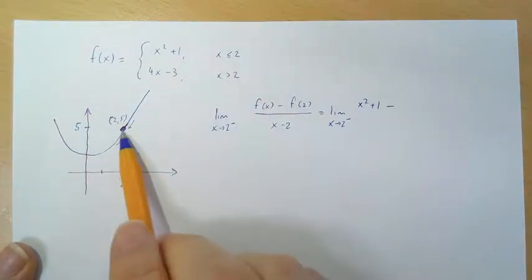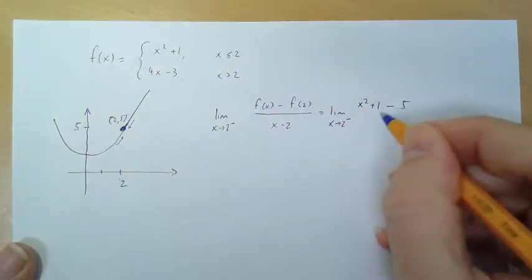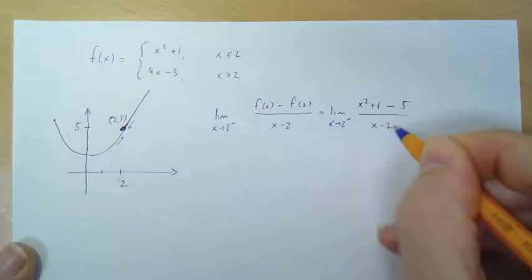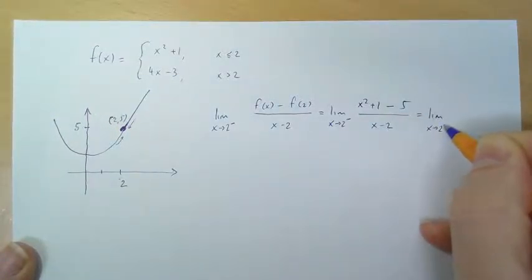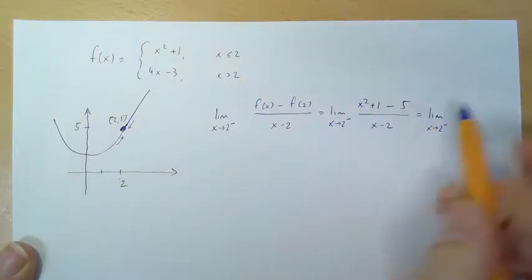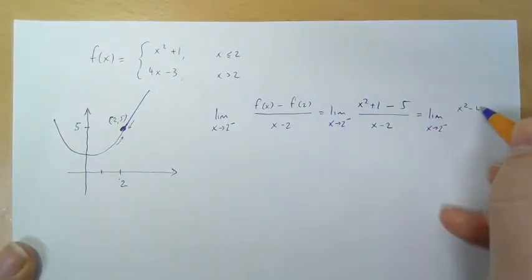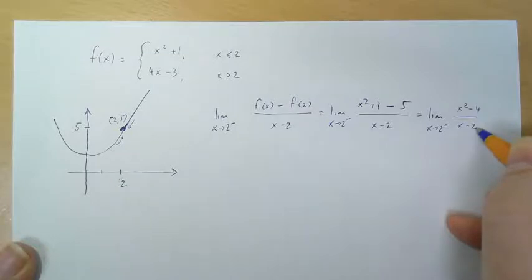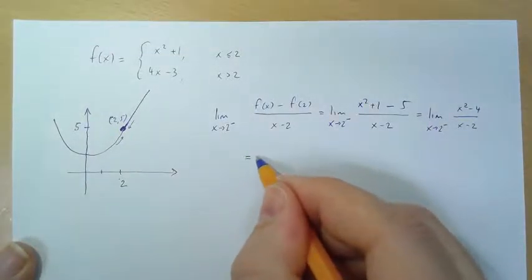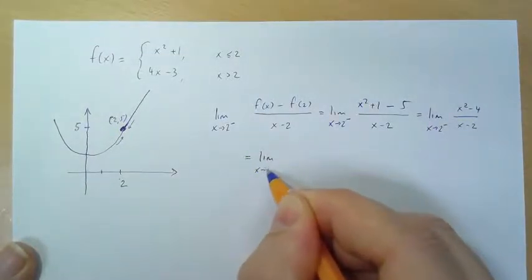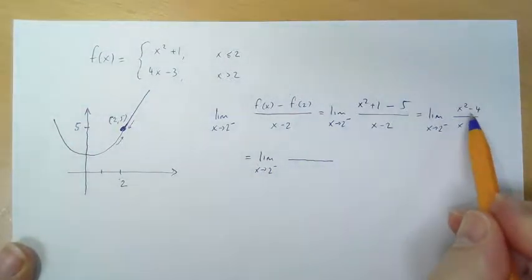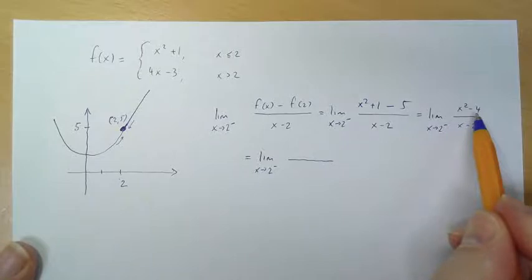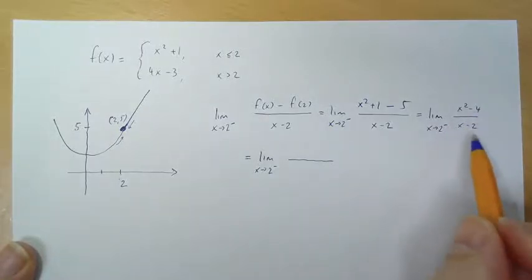We calculated it, f of 2 equals 5, over x minus 2, which is the limit as x approaches 2 from the left of (x squared minus 4) over (x minus 2). x squared minus 4 is (x plus 2) times (x minus 2), so I'm going to be able to cancel the x minus 2,